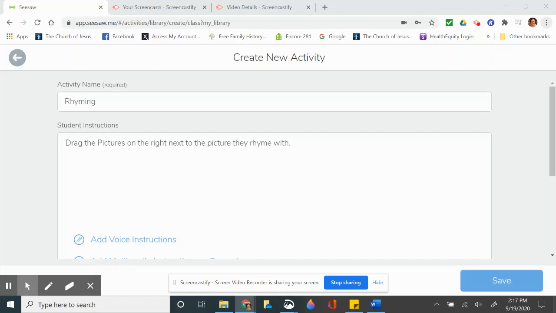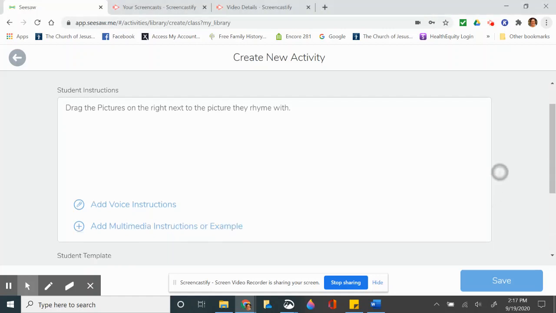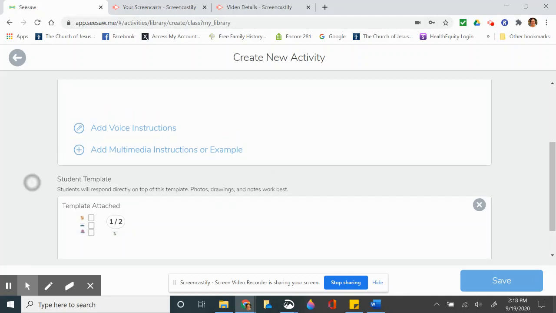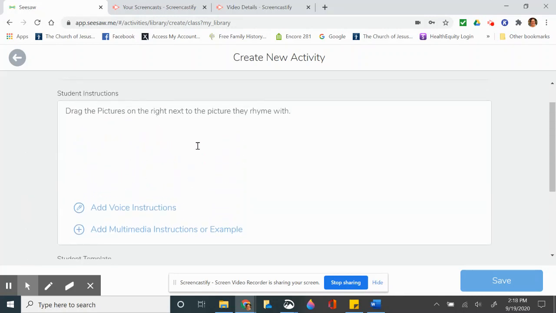So here we are. We've created a new activity, and you can see as I scroll down that my activity is down here. The template is already attached that I created for the kids to do a rhyming activity. And if I want to, I can add instructions right here, voice instructions, or even a multimedia instruction to explain it to them. My problem with putting a